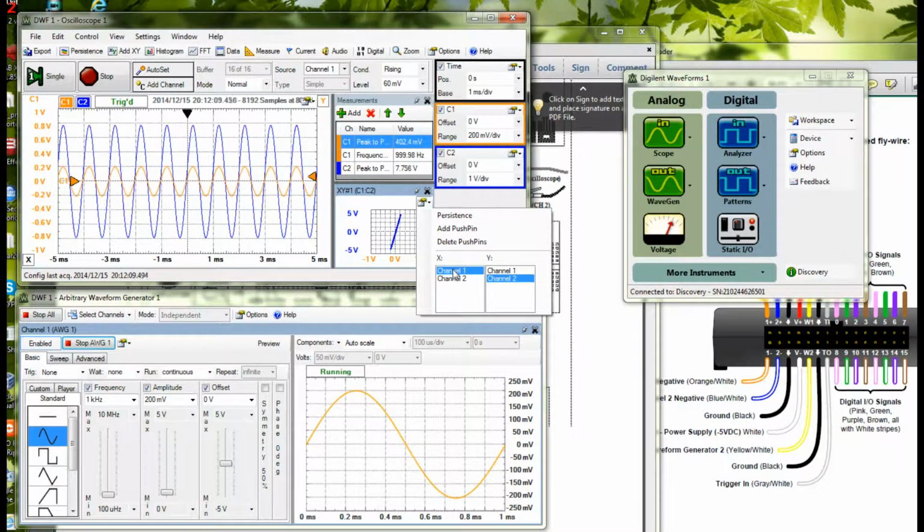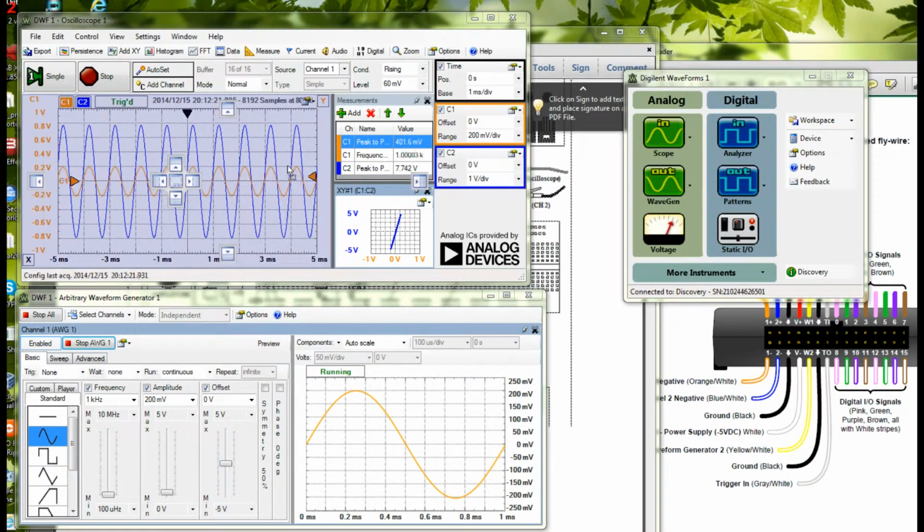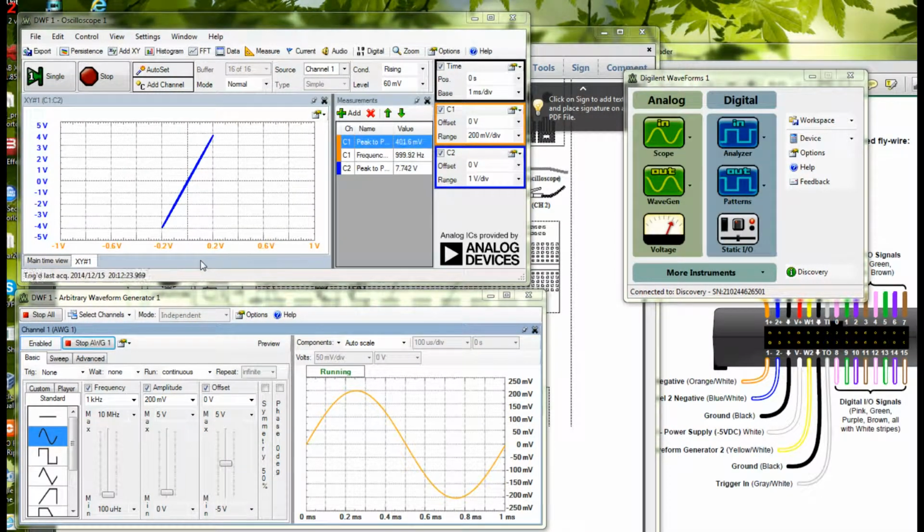Here I have channel 1 as the x-axis and channel 2 as the y-axis. If I wanted to flip that, I could just click here and it flips it. So let's go back to the original. So we have that, and now let's expand this out by dragging it over here, and let's talk about what this means. Well, because my channel 1 waveform is varying between